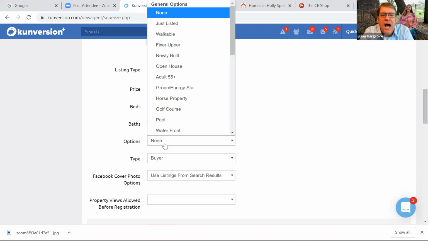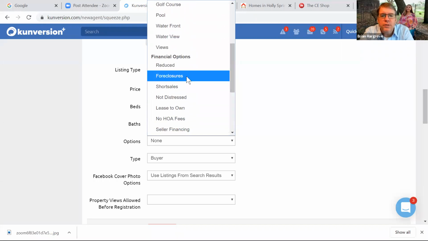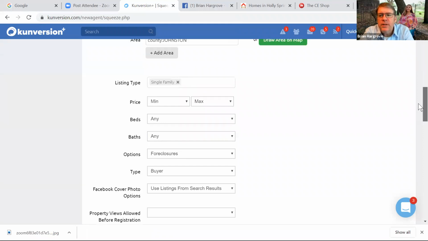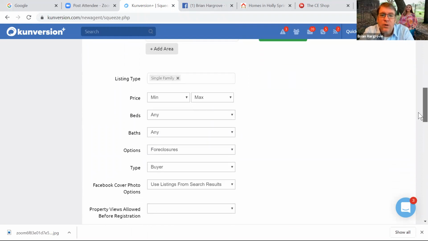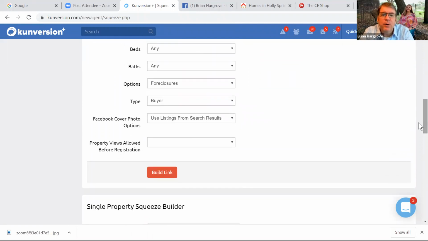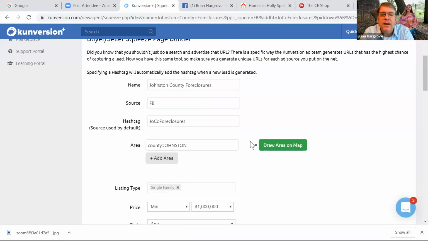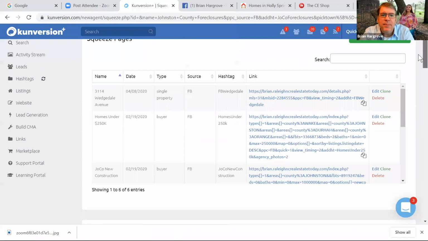So I need to go down to options on mine and I'm going to put foreclosures, right? So this is a pretty simple one. Johnston County foreclosures. And I'm going to hit build link. Now that I built that link, if I go back up to my top here,